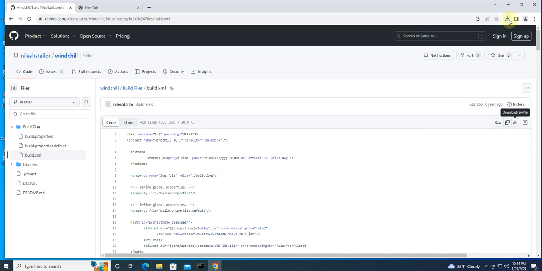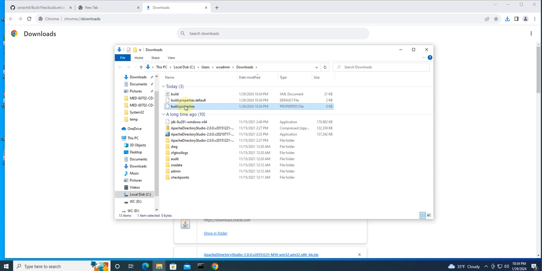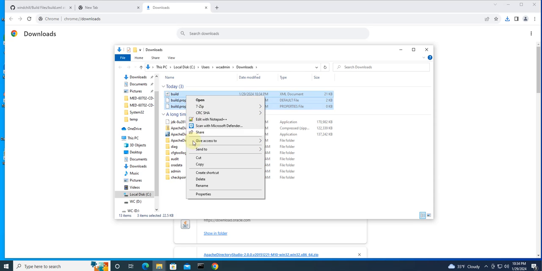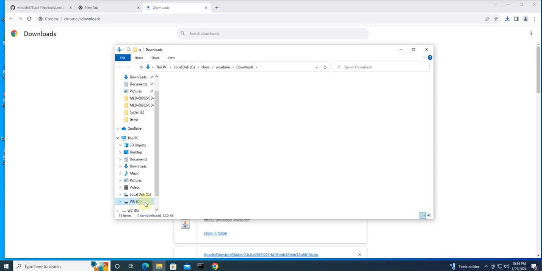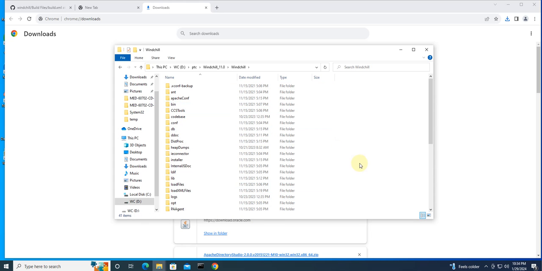Okay. So from here, you're going to take these three files, copy them over to your Windchill folder, and for the time being, you can just put it in the main. Okay. And then what you're going to do is